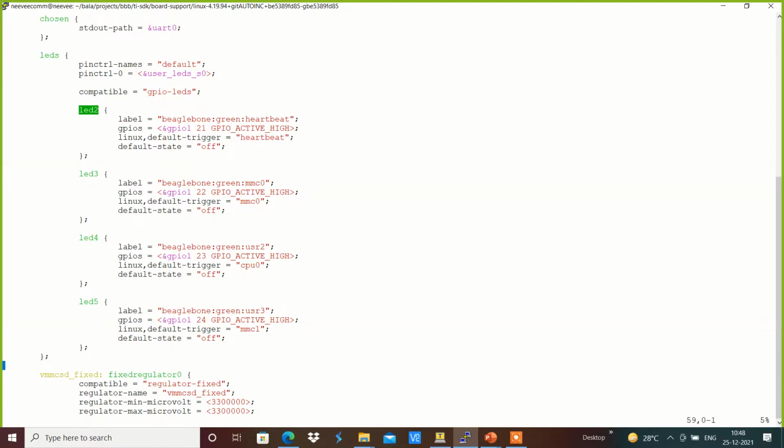How does this device tree get interfaced with the driver? It works based on something like a compatible. The device tree will have the compatible definition, and the same thing will be present whenever we register the driver.